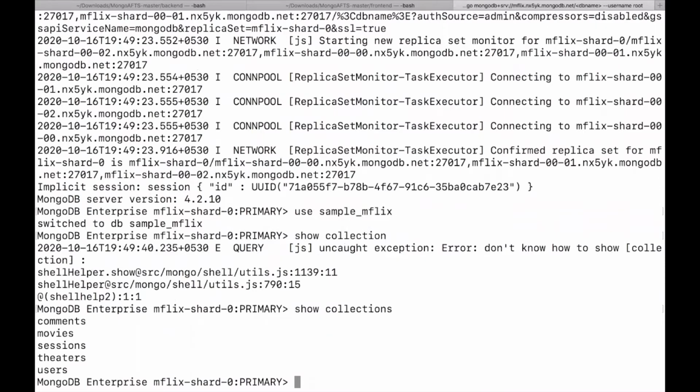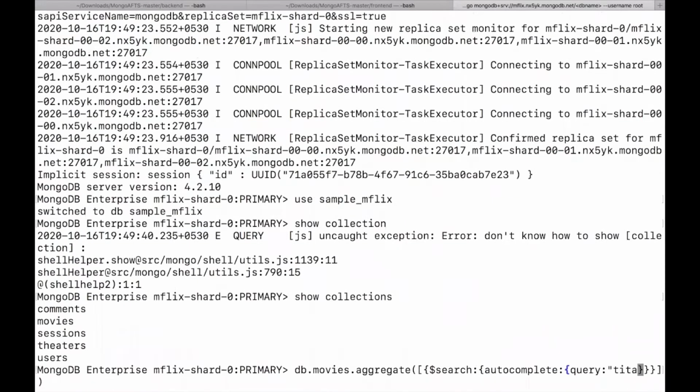Now it's time to write a small aggregation query. db.movies.aggregate, and here the first stage should be the $search stage. In the $search stage, I am searching for autocomplete for the term "data", and I am giving the path title.